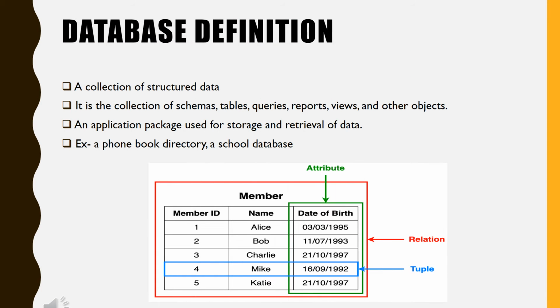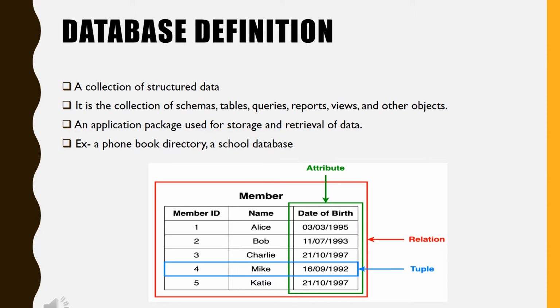Now the next question is, what is database? Why do we use it? Database is nothing but a collection of related data. In this we can store the data in the form of tables, which is known as schemas. And why do we use it? We use it so that we can store the information in an efficient way and in an organized way, so that whenever we need that information we can retrieve it from the database very easily and very effectively.